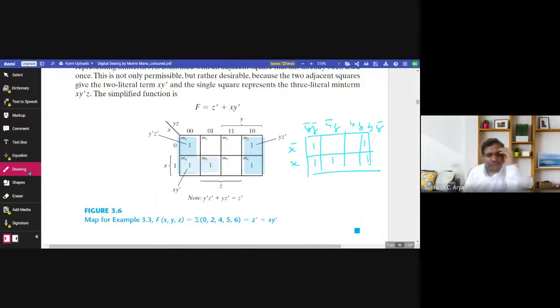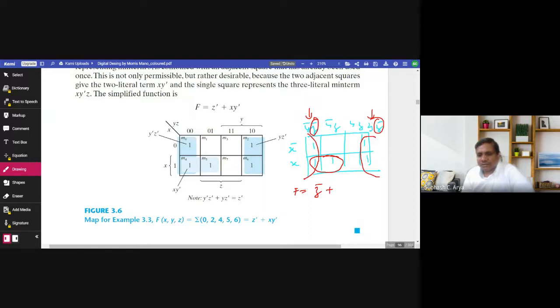So after observation, we can see immediately a group of 4 ones is available here. Only one is left here, we can make a pair. Now all ones are covered. So if we make a group of 4 ones by folding it, we will get f equal to, what is common here? If we go row wise, nothing is common, x bar, x. However, this column and this column, last one, you see z bar is common. So we can write here z bar